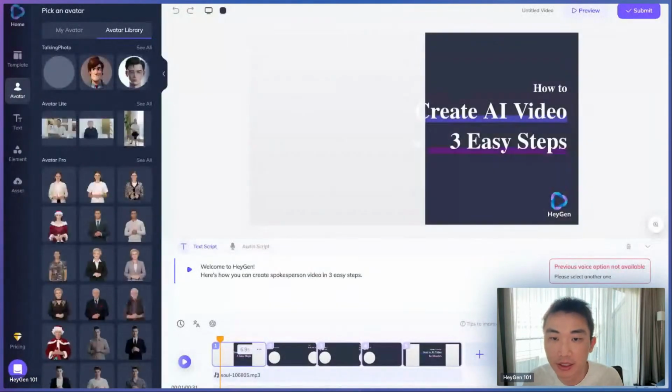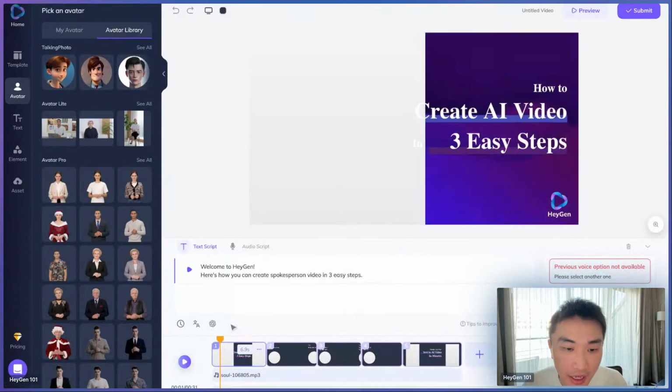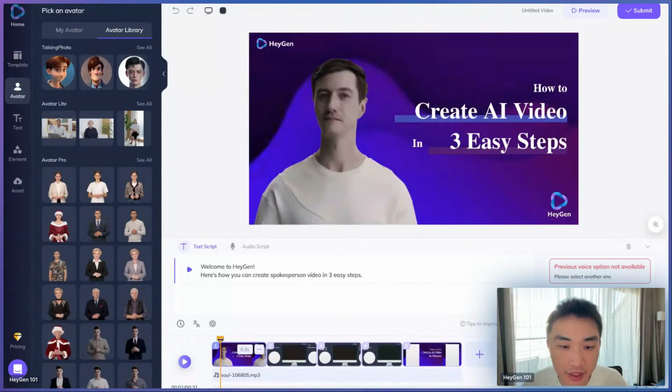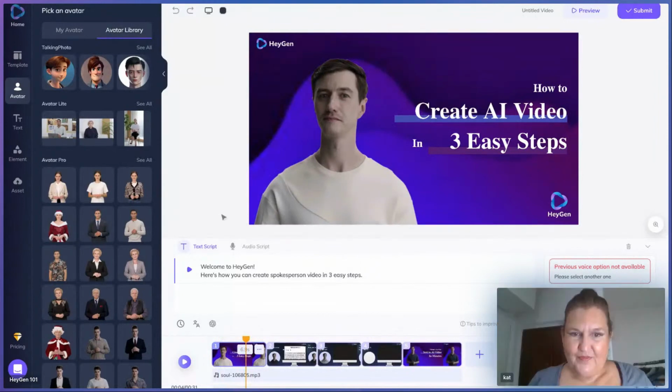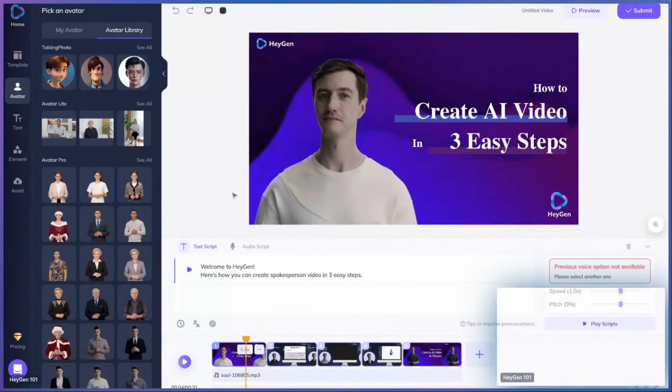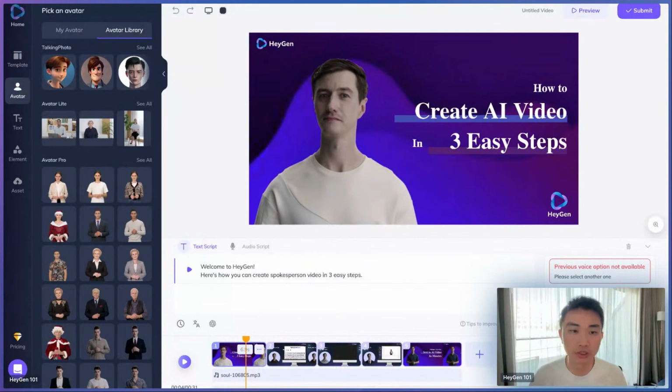So basically, once we get into here, you will be able to see the entire canvas of every element of the video. I think my internet's running a little bit slow right now, but yeah, here we go. Okay, perfect. So the entire interface here has pretty much two components.